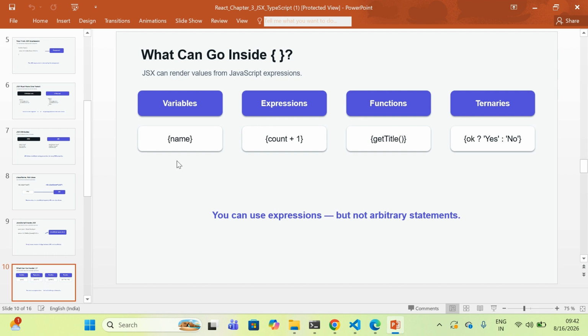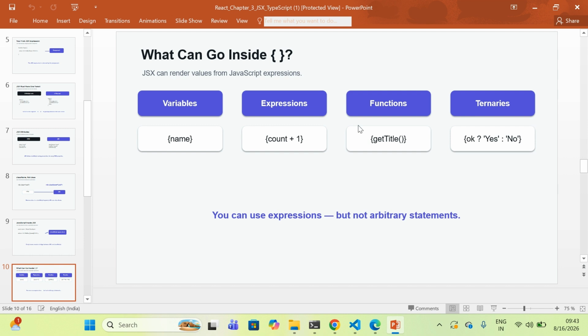So what can go inside these curly braces? The answer is JavaScript expressions. We can use variables, we can perform calculations, we can call functions, and we can use expressions such as the ternary operator. For example, if I have a variable called count, I can display count plus 1.